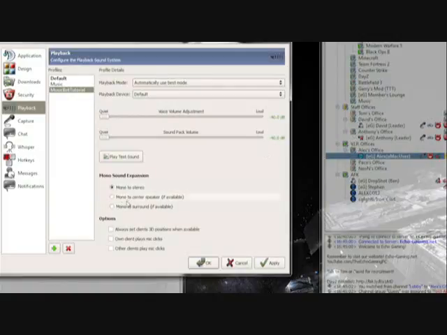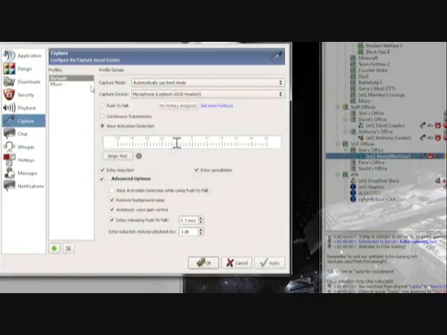Now none of this really matters, because what it's saying is that in the headset it converts from mono to stereo, and we have these turned down, so you will not hear that at all anyway. So now we want to go over here to capture, or apply these settings first, sorry.